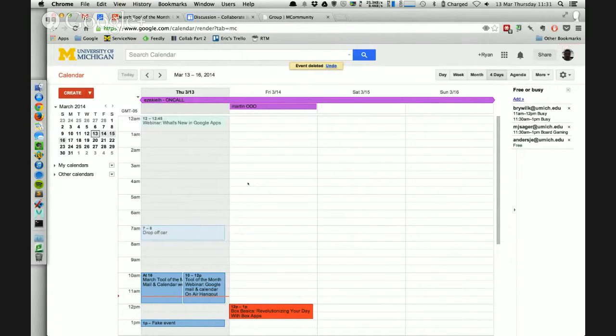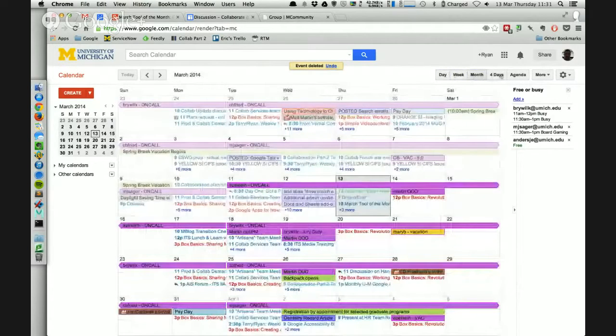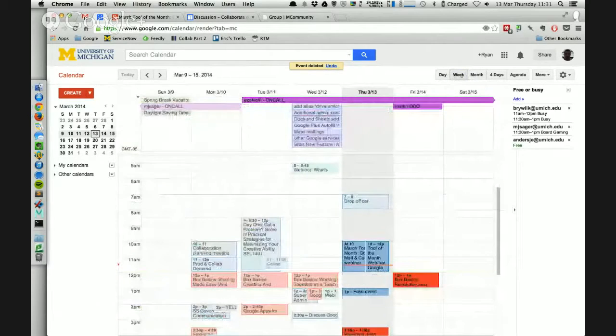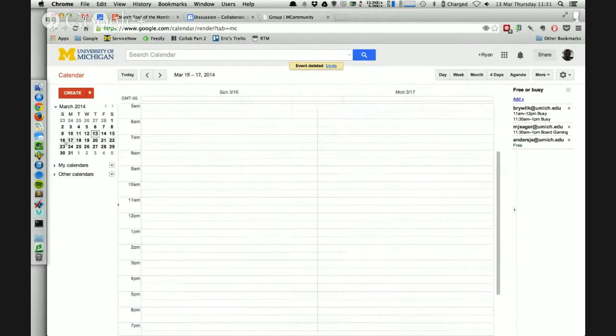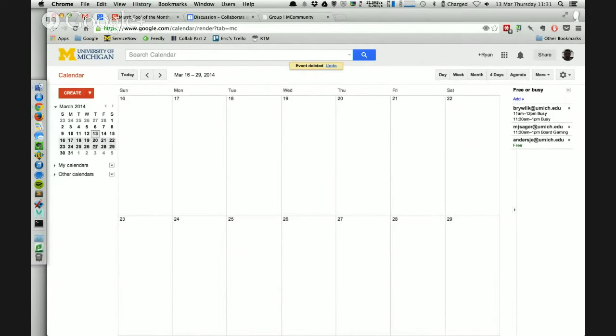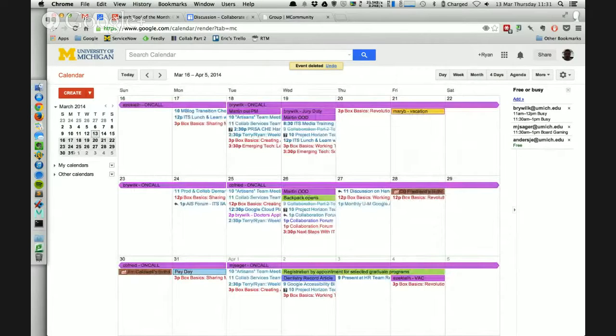You can do that. But if this view of your calendar just isn't cutting it for you, you can select your own ad hoc view of your calendar. Over here in the mini calendar, if you click and drag, you can select whatever duration of time you want to look at just by clicking and dragging across it. So this is 5 days, here's 6. I could look at the next 2 weeks, I could look at the next 3 weeks, whatever makes sense to you. And you can see those items just however you want.